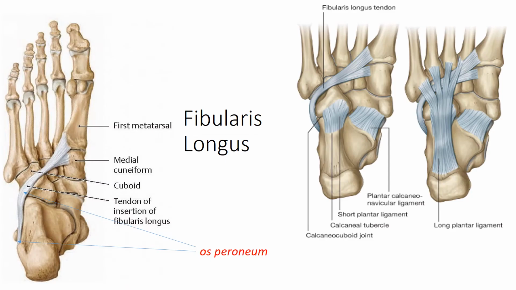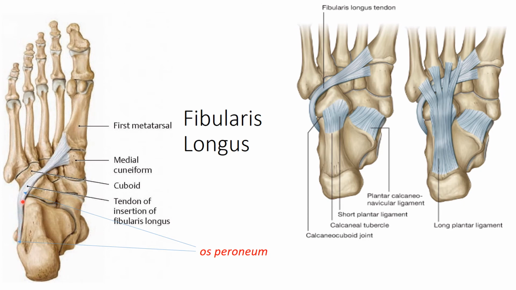Now the single most important contributor to the integrity of this lateral longitudinal arch is the tendon of this fibularis longus, and it does so by its action through two points, or twofold. One is its oblique passage, as it passes from the lateral border of the calcaneus to the lateral border of the cuboid, and then it passes obliquely beneath this groove in the cuboid, and then it is attached at the plantar aspect on the medial portion of the medial cuneiform and the base of the first metatarsal.